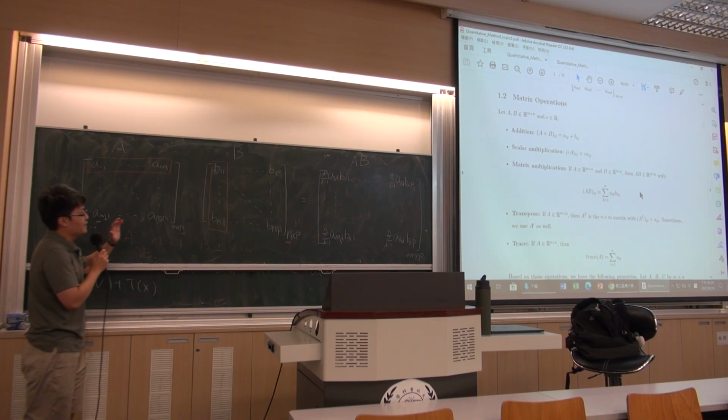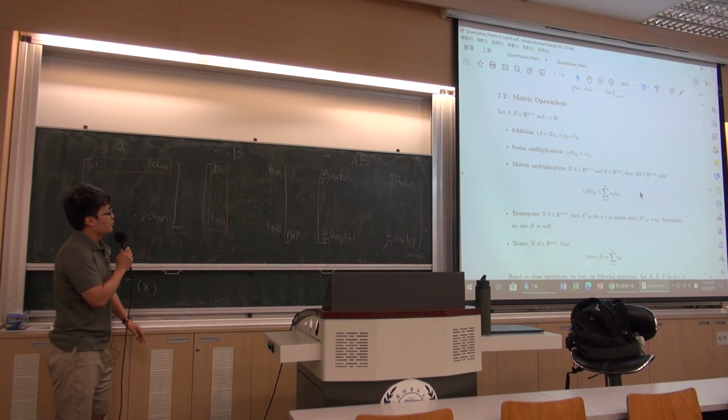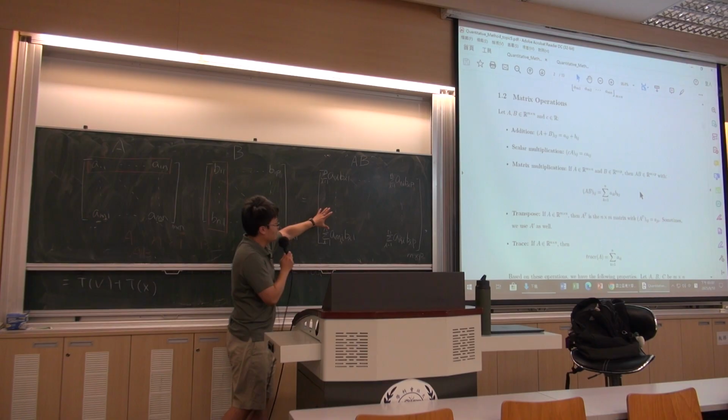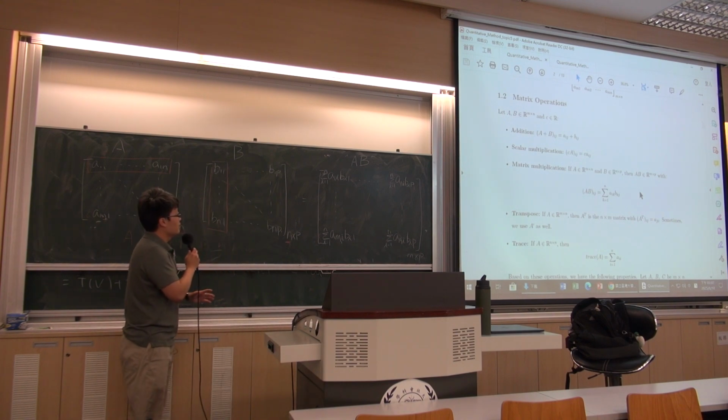And how does it look when you do the multiplication, which is AB here? It is an m by p matrix here. Okay, and let's say that